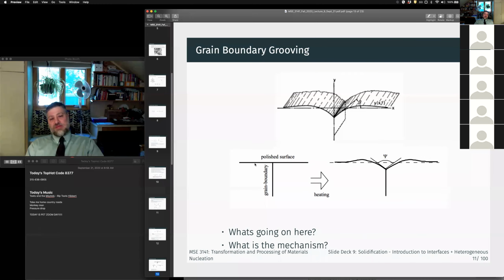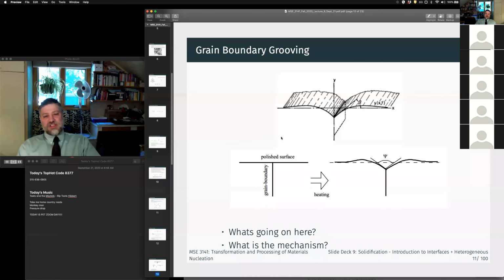So what you get is, if you start with this nice polished surface and a grain boundary that's striking the surface, we actually get diffusion along the surface to make these little hills, right? And we have this angle that forms, and from this, if we measure the dihedral angles, and we know what this top interfacial energy is, which we can measure by ellipsometry,